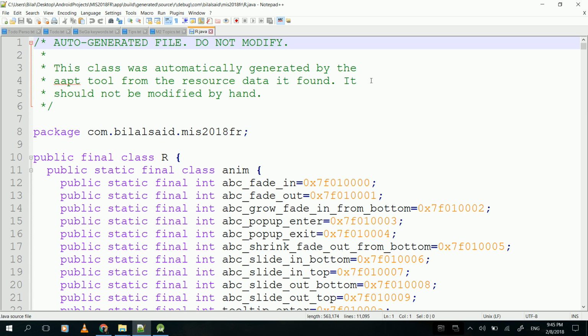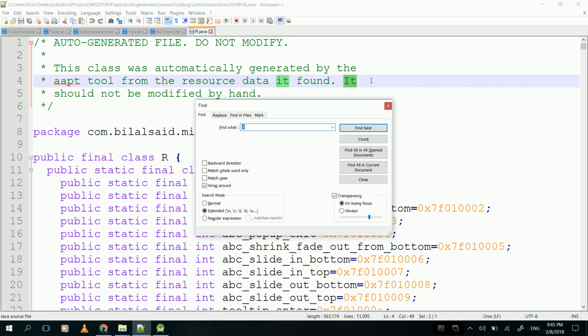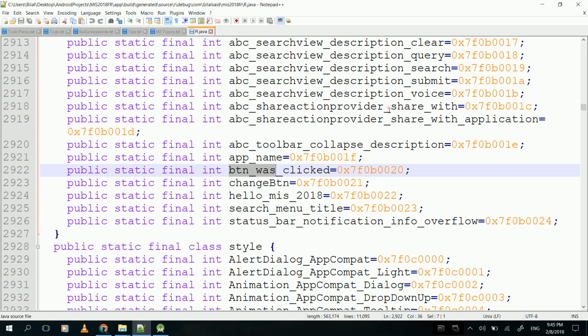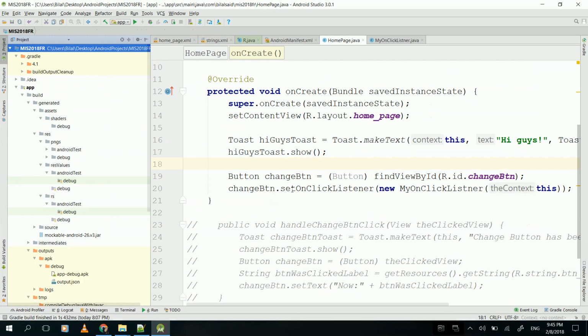As you may notice, it's not as easy as expected. With Ctrl F, if we look up our button, the button was clicked, I think it was named like that, so we should find it here. And as you notice, it is an integer, and this is why in our code, if you still remember,